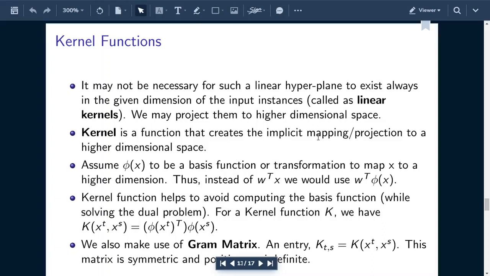So the great takeaway from here is, if you are unable to find something in the given input dimension, just elevate the points to a higher dimension and you might be able to find some hyperplane which is able to classify it properly. Okay, so if you have understood till this, that's fair enough. This transformation, given a point, make it 1 square plus 2 square, take that value. This is the kind of transformation, which means if I provide you phi of x, where x is two-dimensional, x comma y, then phi of x would be x square plus y square. So these are called basis functions, which help us move from a lower dimension to a higher dimension.